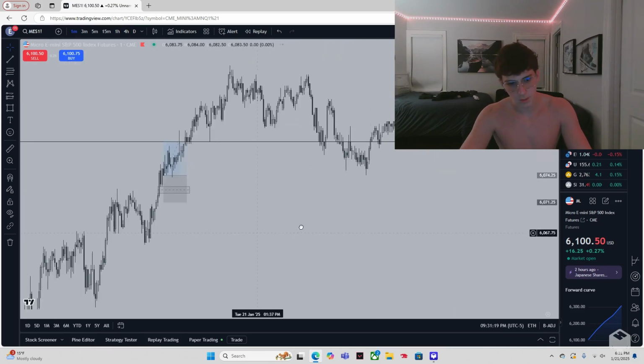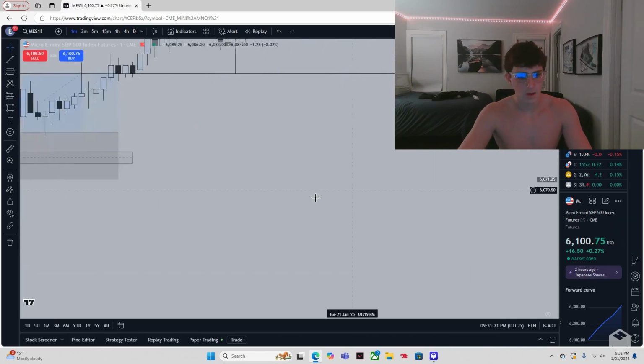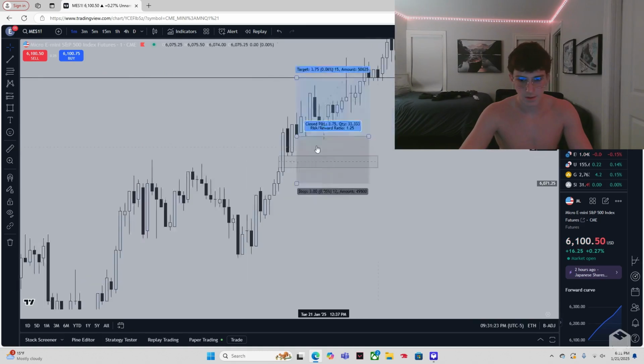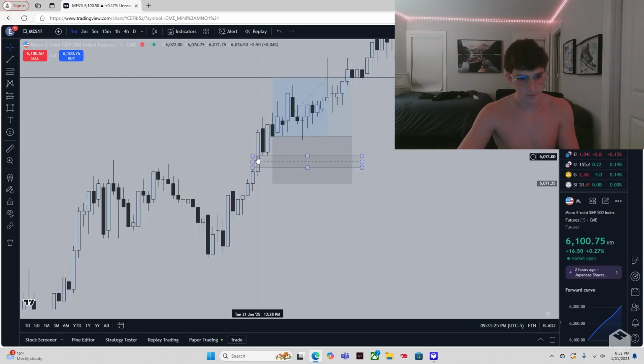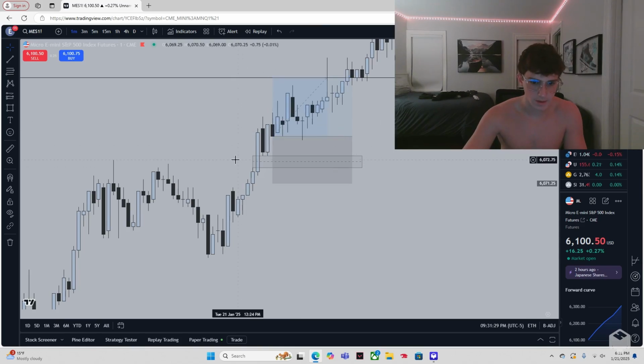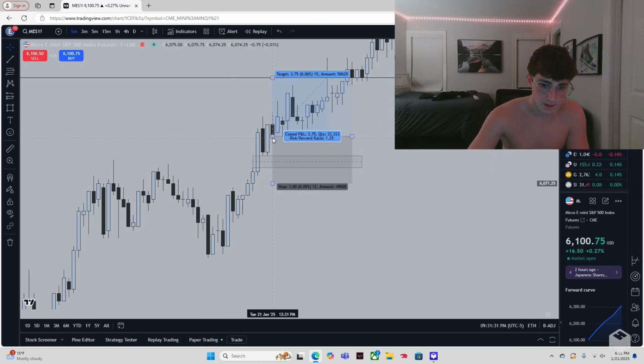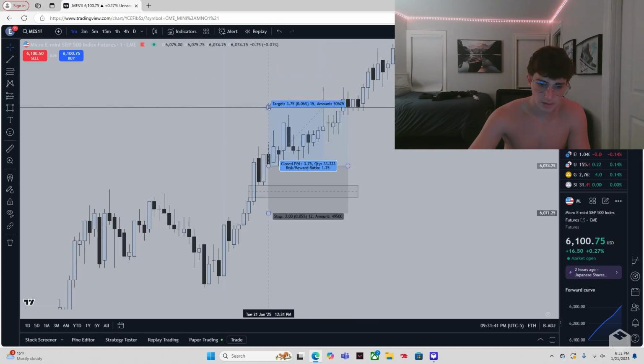And what I do is go to the 1 minute, super simple here. We tap into this 1 minute imbalance right here. This on TradingView doesn't show it, but on TopStepX, this candle actually tapped into this imbalance, so I took it off that. I wanted to wait for one candle rebalancing just to get a better entry, which was right here. Stop loss was just right below this candle's body. Take profit at, of course, the previous day highs. And it played out well.